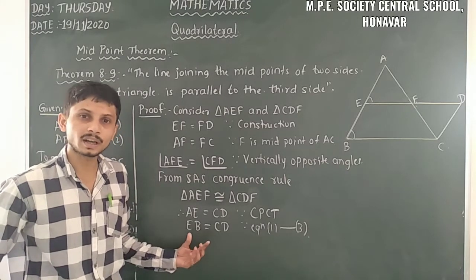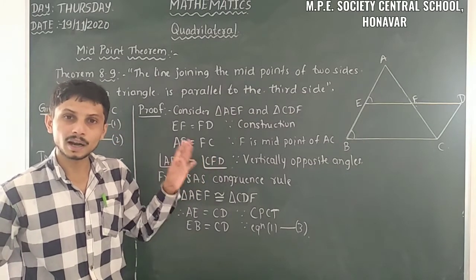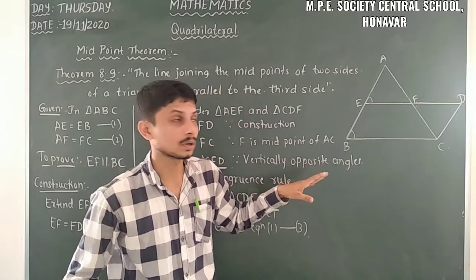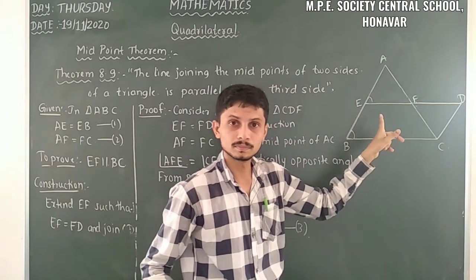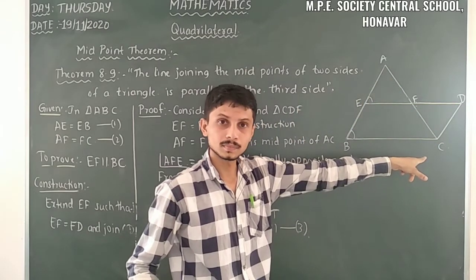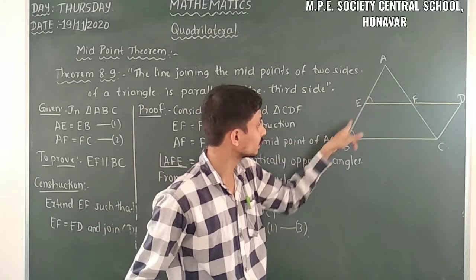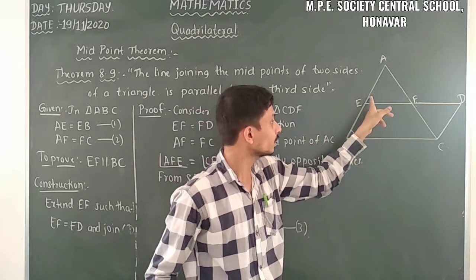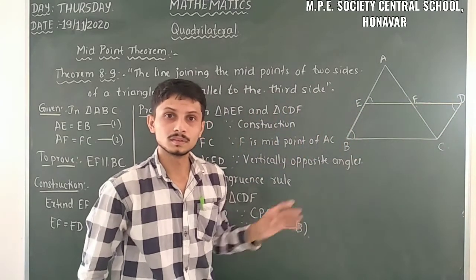From only this condition we can't consider EB is parallel to CD. But here we want a pair of alternate interior angles that are equal. So what are the alternate interior angles for that? Angle AEF and angle CDF. When we take those two, AE is parallel to CD. Also we know that AE is equal to EB from equation 1, so we can replace it: EB is parallel to CD also.